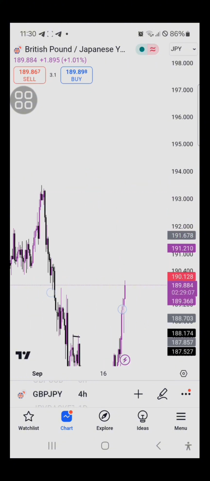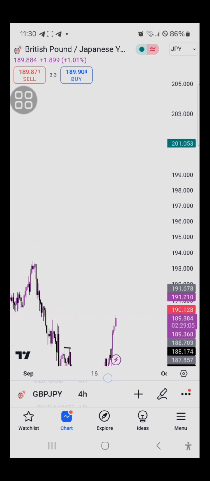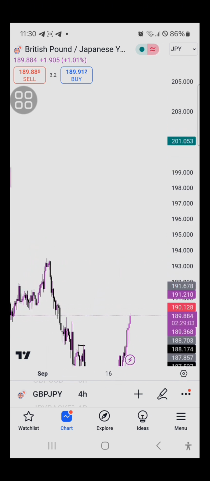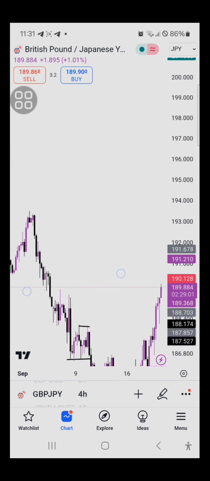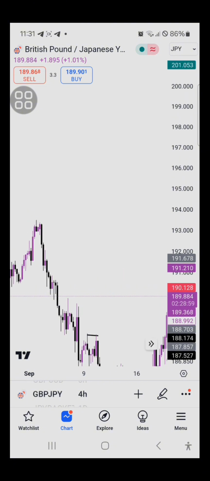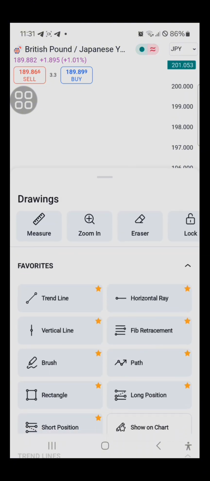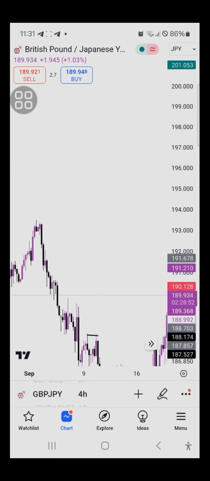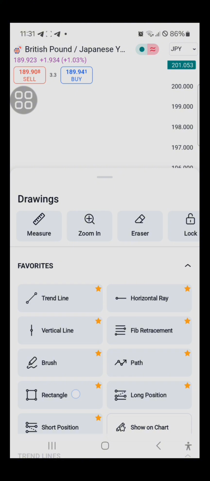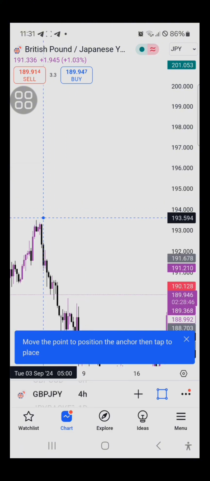Still on GBP JPY. So let's say I have found this zone. I'm just giving an instance. I have found this supply zone or this resistance zone, and for whatever reason, depending on my technical analysis or fundamental analysis, I am anticipating that price will come up to this zone,